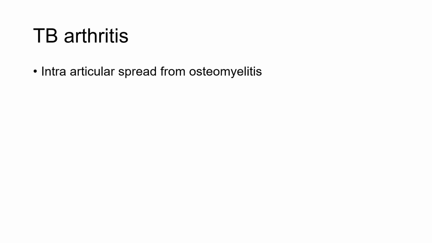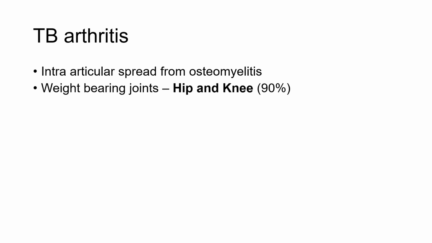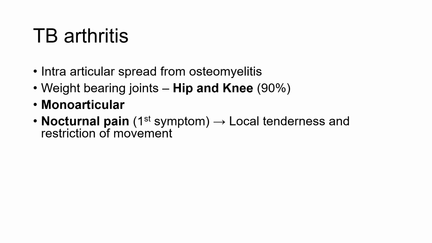This is intra-articular spread from an osteomyelitis. Weight-bearing joints like the hip and knee are involved in 90% of cases, and these are the most common joints involved. It is usually monoarticular. Any case of monoarticular arthritis, tuberculosis has to be considered among the differential diagnosis. There is characteristically nocturnal pain, which is the first symptom,